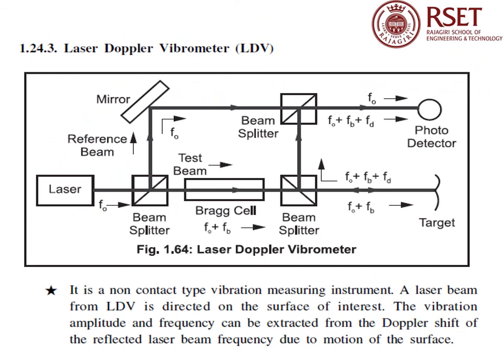Laser Doppler vibrometer, LDV. It is a non-contact type vibration measuring instrument. A laser beam from the LDV is directed on the surface of interest. The vibration amplitude and frequency can be extracted from the Doppler shift of the reflected laser beam frequency due to the motion of the surface. Here it is showing a target, or moving object, and a laser beam is directed